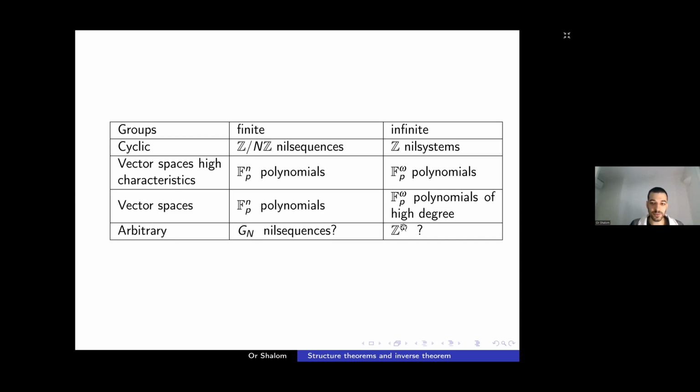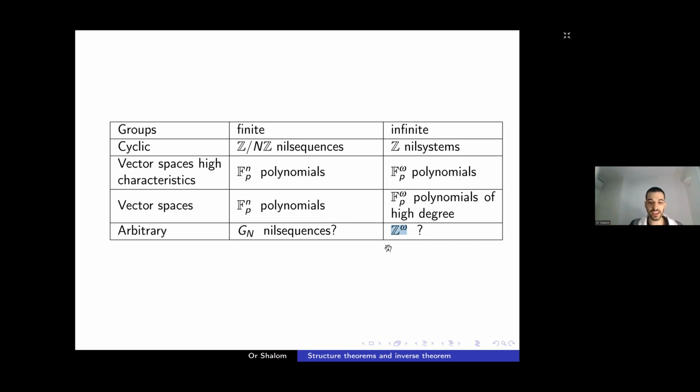But then what should be the infinite version of a general finite abelian group? Perhaps a general countable abelian group. But if you want to study a general countable abelian group, it suffices to study this group, Z omega, the infinite direct sum of Z. The reason this should be sufficient is that any countable abelian group is a quotient of Z omega. So Z omega is the largest countable abelian group, and you can lift any Gamma action to a Z omega